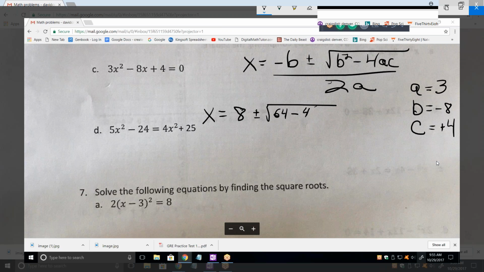Minus 4 times 3 times 4. I would always do that step. Never do that math in your head. It's too easy to make a mistake. Plus, frequently, you're dealing with a lot of negative signs. In this case, they're all positive, but nonetheless,